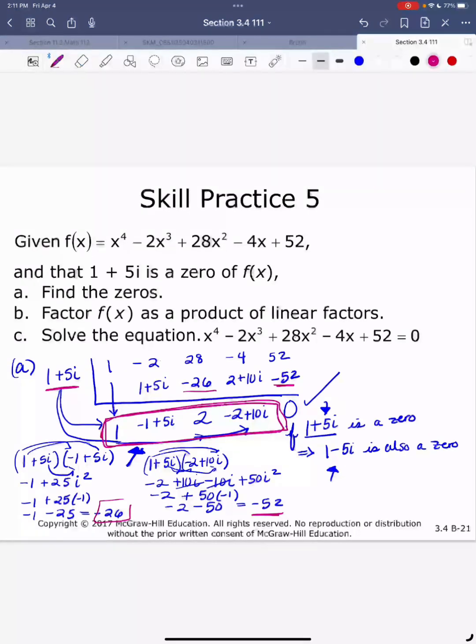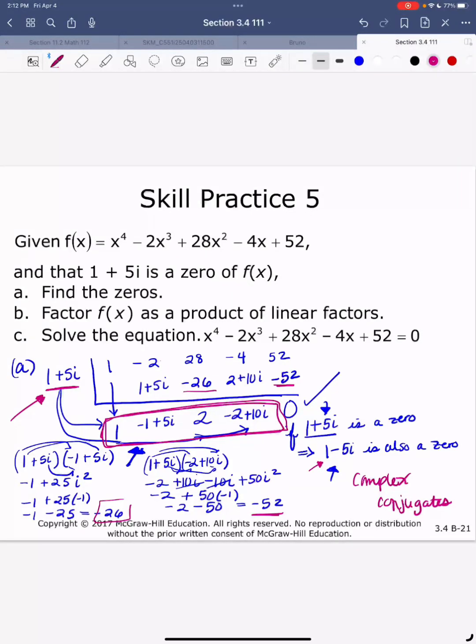So we have complex conjugates, and these will prove to be zeros. If you have one, you have the other. They come in pairs. So we've already shown how 1 plus 5i is a 0. I'm going to now work with the 1 minus 5i that I know has to be a 0